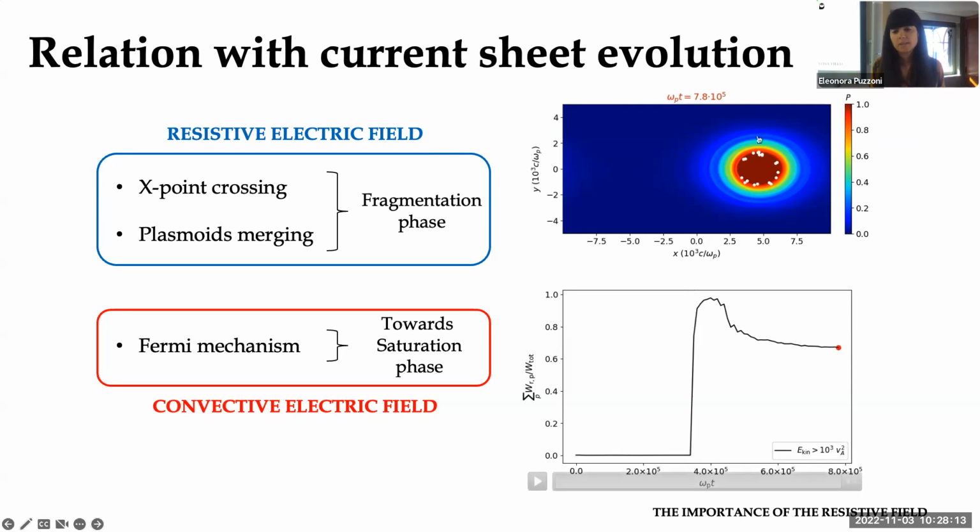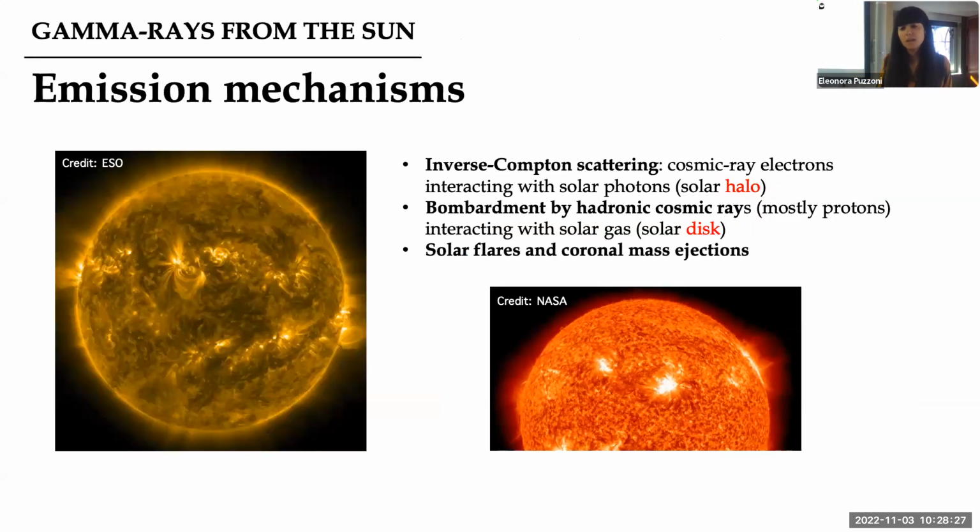Then, when particles are trapped inside the largest magnetic island that is contracting, they are accelerated by the Fermi mechanism, which is associated with the more gradual action of the convective electric field. So also, the sun is a source of high energy particles, especially